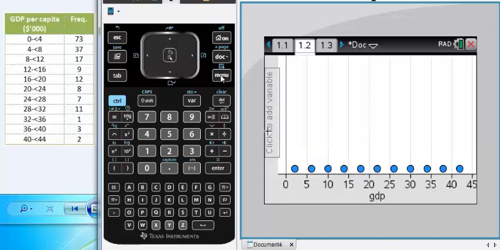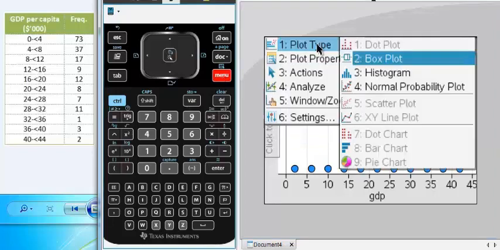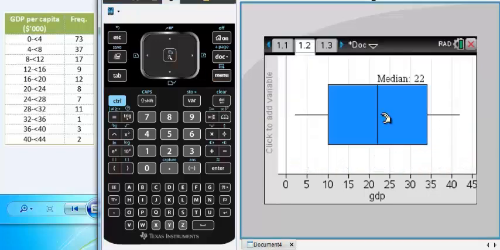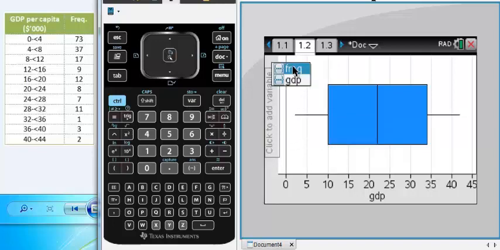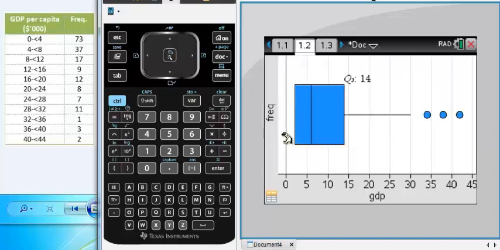Then we click menu, plot property, plot type, and select box plot. That gives a box plot, but it is not considering the frequency. So now we will right click here and add Y summary, then give the frequency. Now we are getting a box plot considering data and frequency.